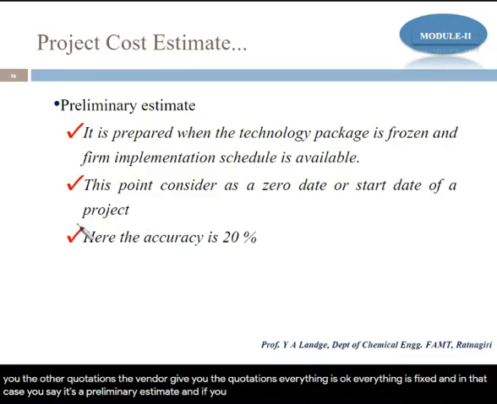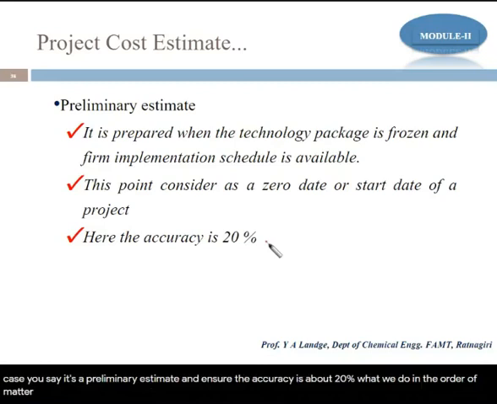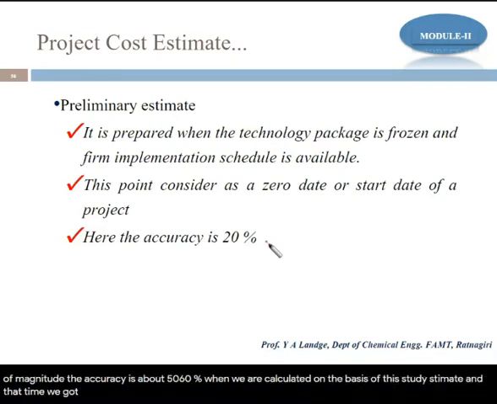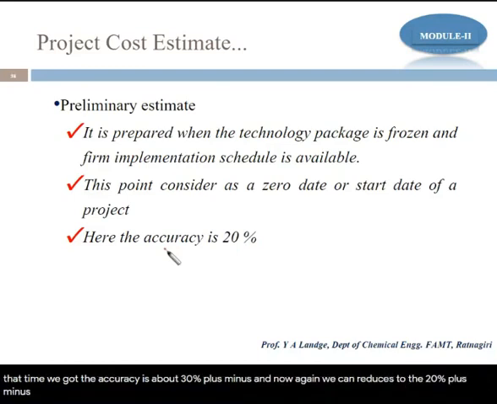And here the accuracy is about 20%. Now in the order of magnitude, the accuracy is about 50-60% when we are calculating on the basis of the study estimate, and that time we got the accuracy of about 30% plus minus, and now again we can reduce this to 20%, okay, plus minus. After that the next is